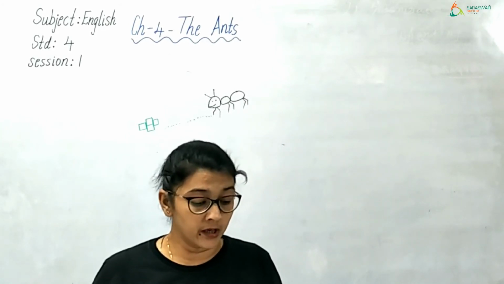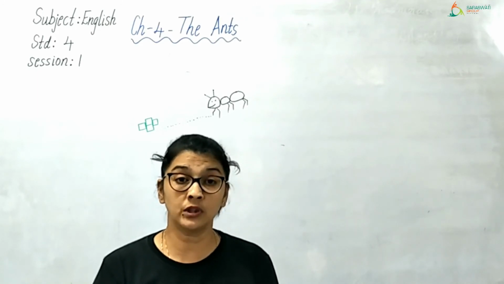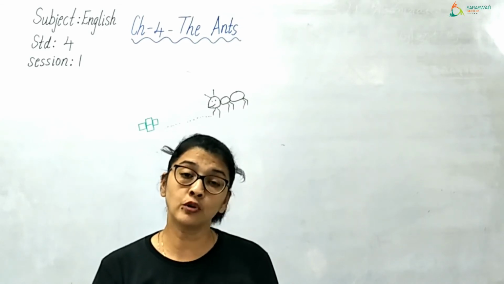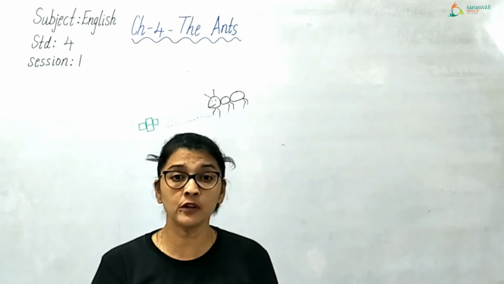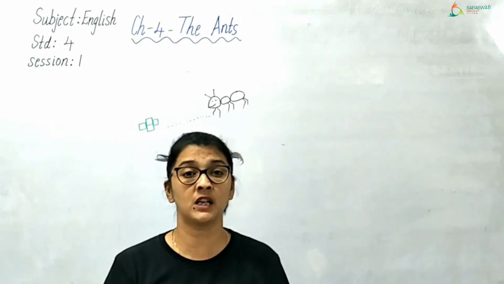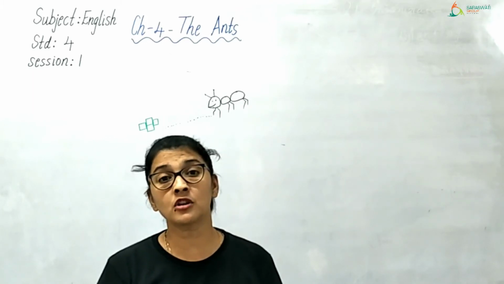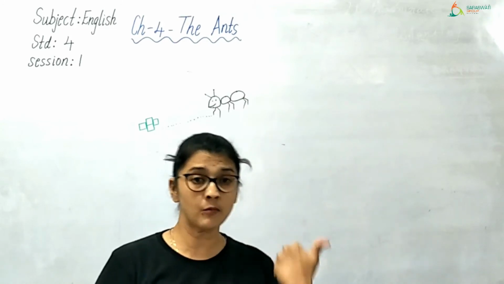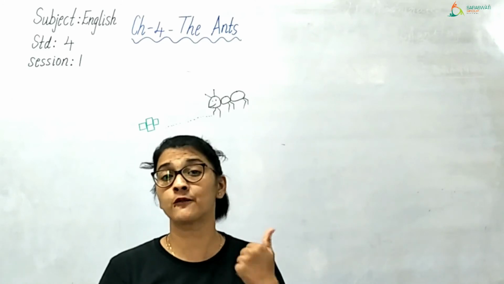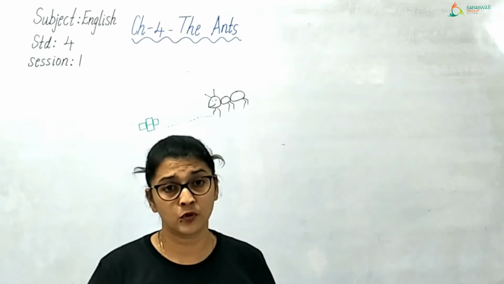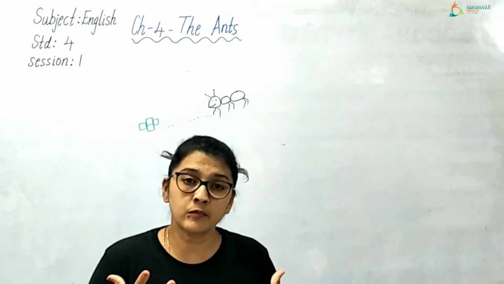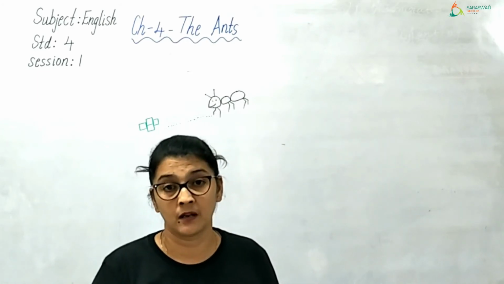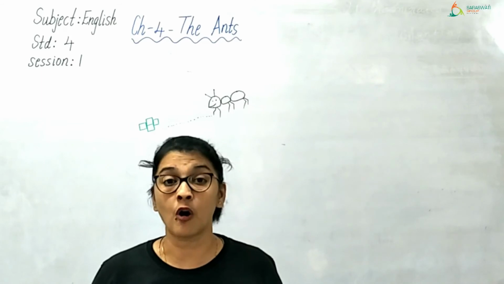For he was a good-natured ant. Now this ant was a very good-natured ant. Okay? Good-natured means the one who is of helpful nature, the one who understands everybody's situation. So he just saw this ant struggling with the weight of the grain of wheat and came along. This ant did not ask for help from the black brother. Right? But the black brother observed that this brother needs help and he came along to help. So that black brother is of good nature.